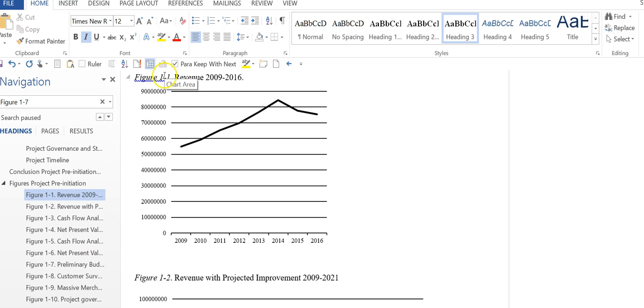What that does for us is it leaves us free to use figures, tables, things like that as heading 3 types of things. So that's really nice because it puts them in line in the table of contents. It tags them so that we can use hyperlinks with them easily. But